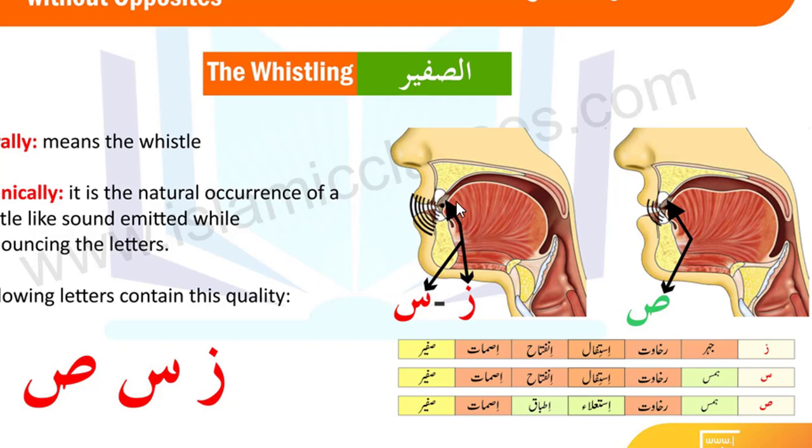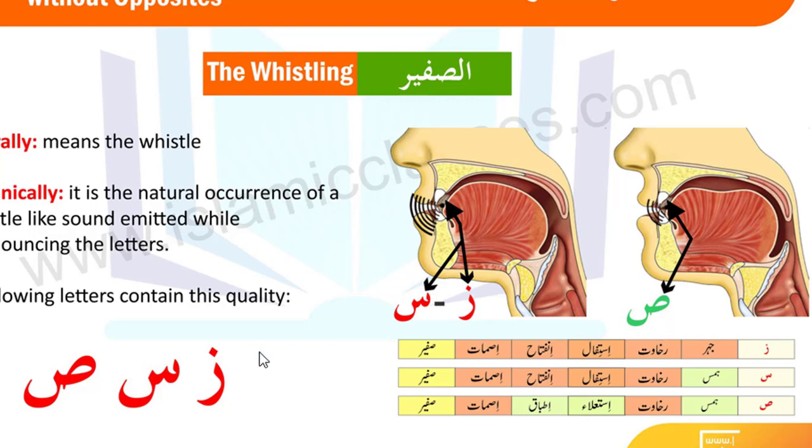As you can see, when we touch the tip of the tongue on the inner edges of Thanaya Sufla, there is a little gap between both teeth, and the sound goes to the outside, which makes this whistle sound. As we say again, as, and in the sad it is as,